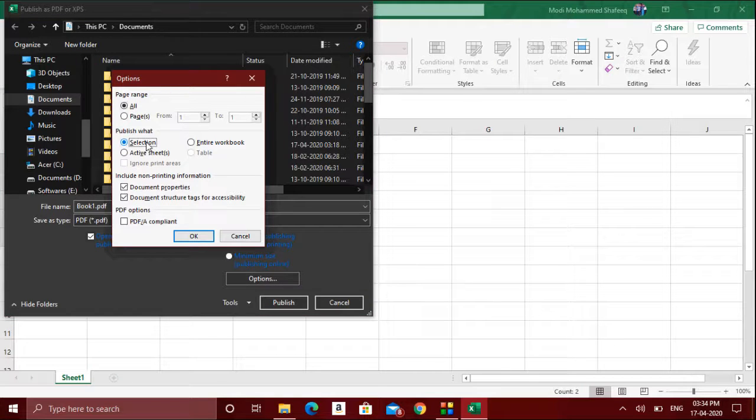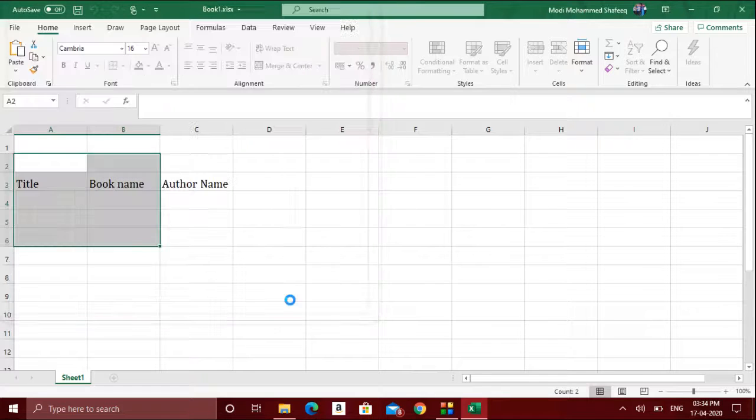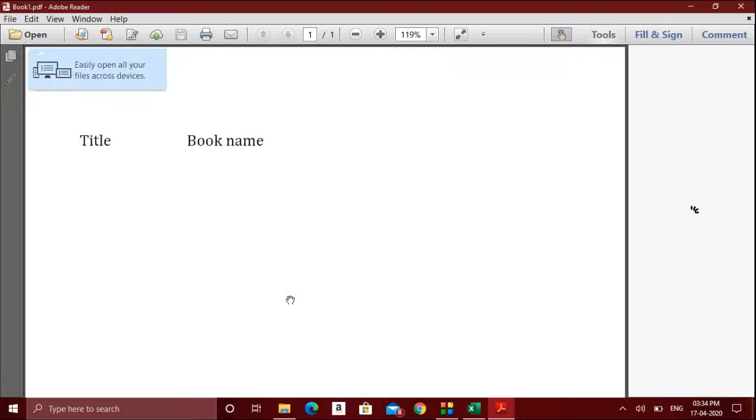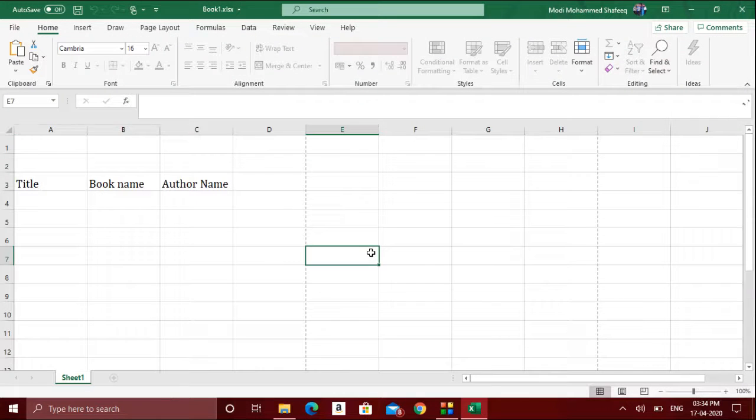This way I can save only the selected portion. Click OK and click publish again. It will be published in PDF form and you will get the output. Now you can see only those two columns of data are available, not the others, because I have only converted the selected portion into PDF. So it depends upon your choice.